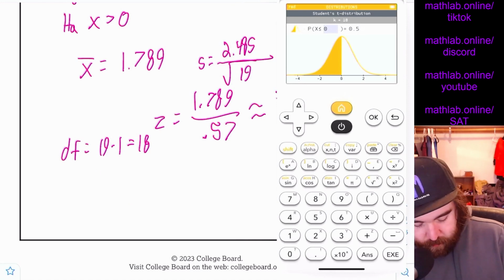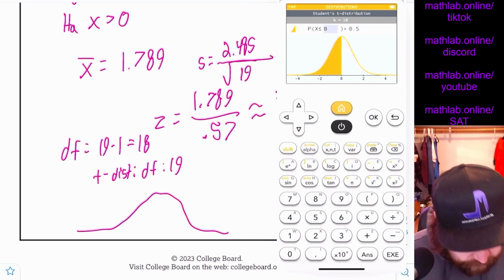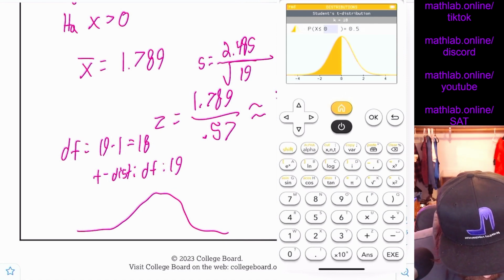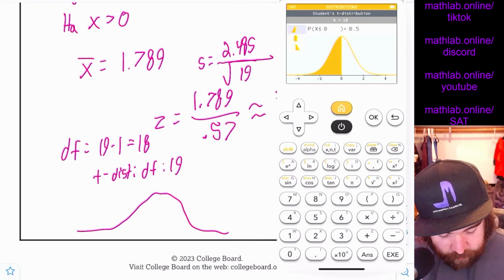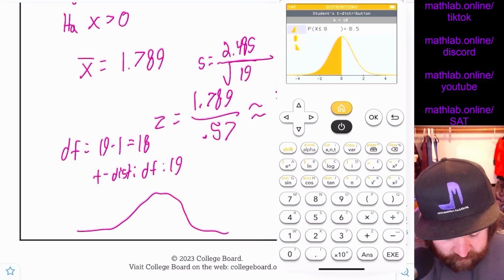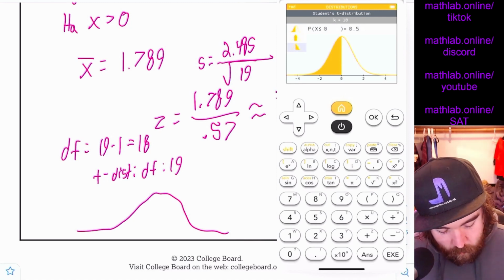I'm going to say t distribution, df 18. Let's draw our curve. It's very similar to a normal curve. And what do we want? We want the probability that it's that or greater